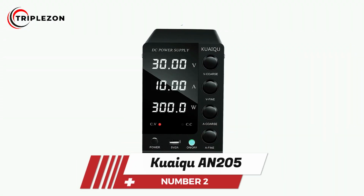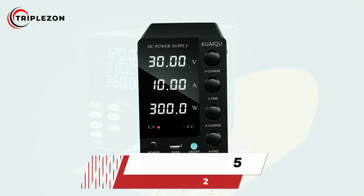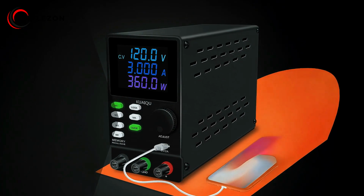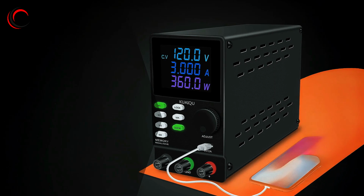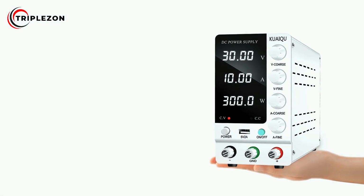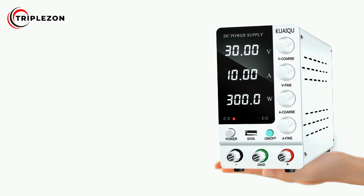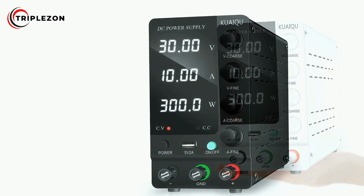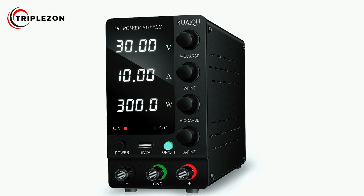Number 2 is the Kuaiqu AN205 adjustable DC power supply. The Kuaiqu AN205 adjustable DC power supply is designed to deliver precision, control, and safety in a sleek and compact form factor. Ideal for laboratory work, electronics testing, and DIY projects, it stands out with its advanced features and user-friendly